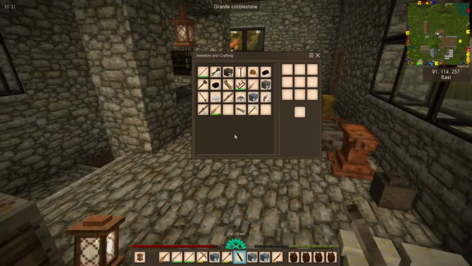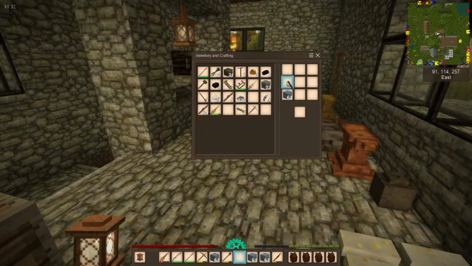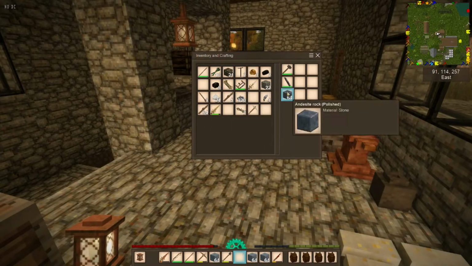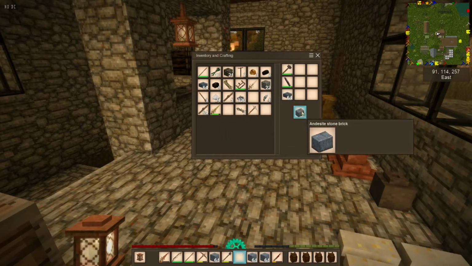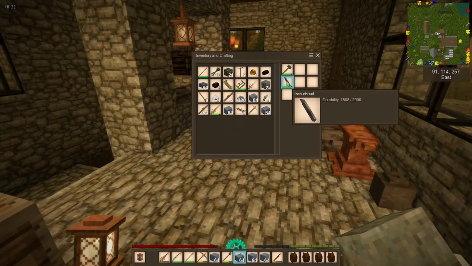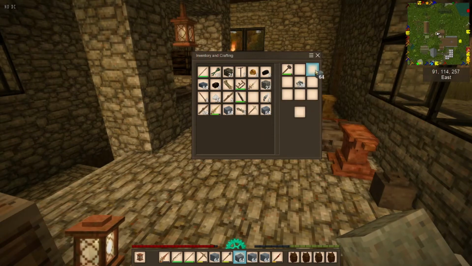All right, so first thing you need to do is turn your stone into polished stone. So we're going to put that right there and turn that into polished stone. And then we're going to take that polished stone, put it back in there, and turn it into slabs. Then we're going to take each one of these slabs and turn it into bricks. It doesn't look like I'll be able to get farther that way. And then we're going to take and put our bricks